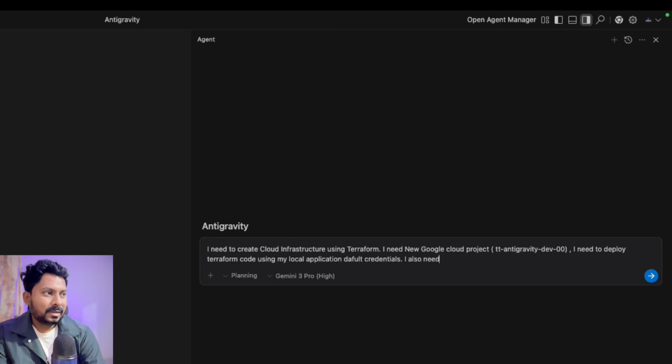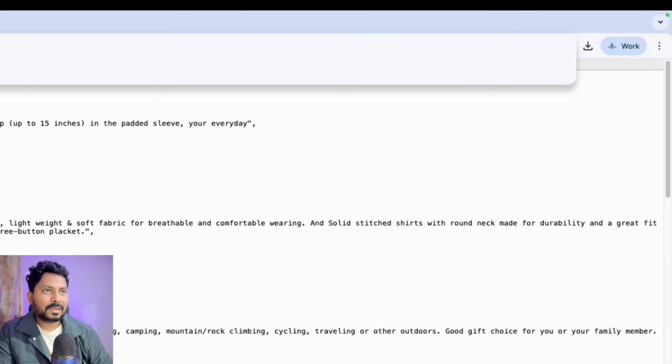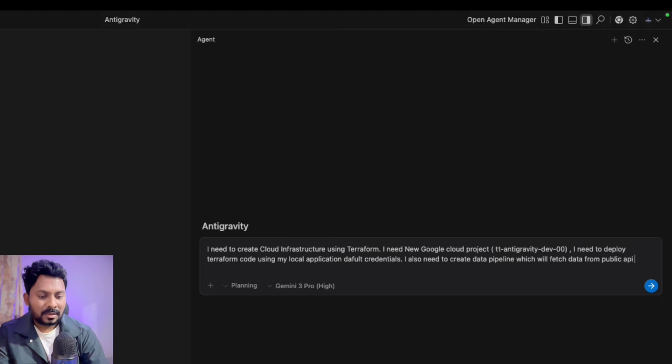I also need to create a data pipeline which will fetch data from a public API, and I will give the public API link here so it will understand. This is the bare minimum information we have to provide at least,